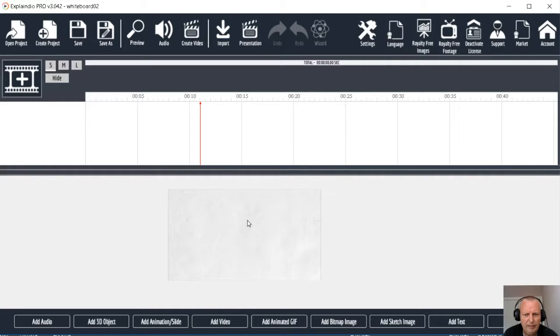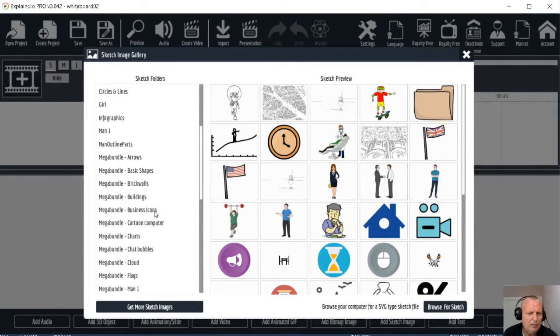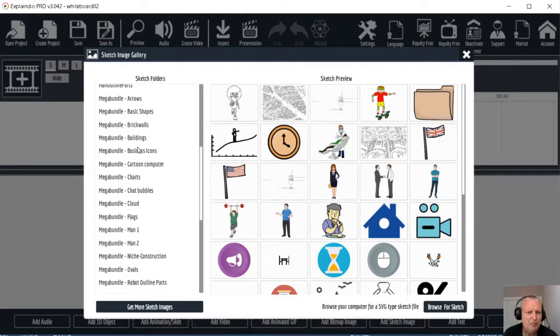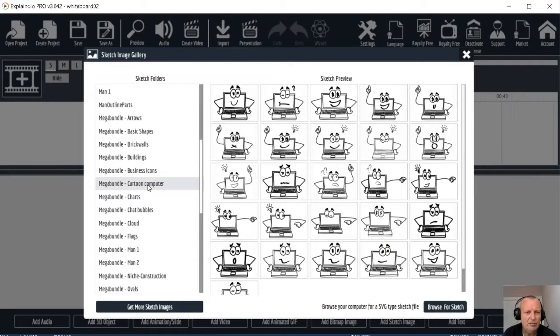So we've got a background, and then I want to add an image, and we'll use sketch image. These actually work better than bitmap images because they're SVG images, and it means that they've actually got the lines. The software here doesn't have to guess where the lines are. It's actually made up of lines, so they work better. And you've got some bundles with different types, and you can find something that suits. In my case, I'm going to use this cartoon computer,